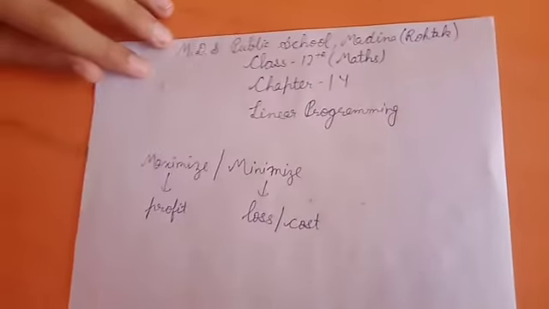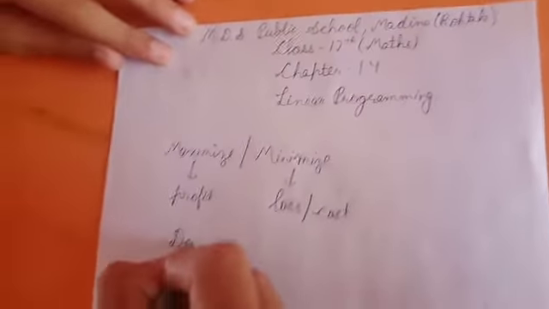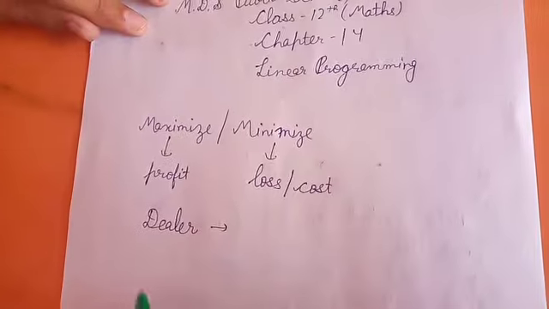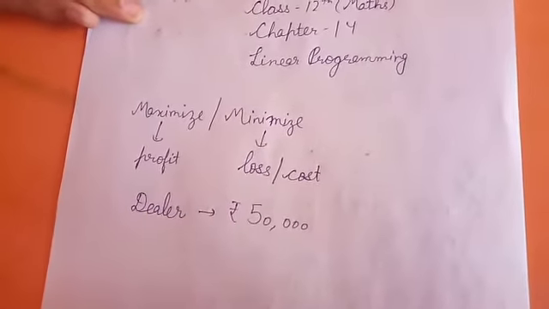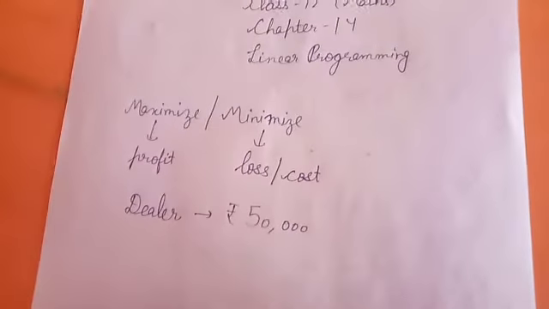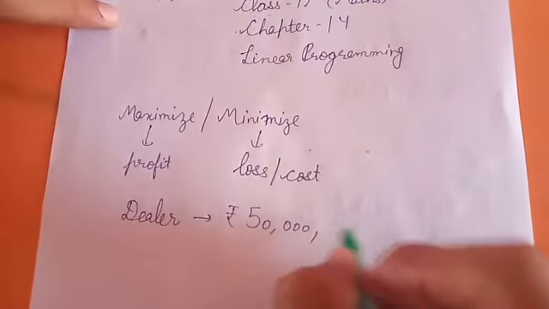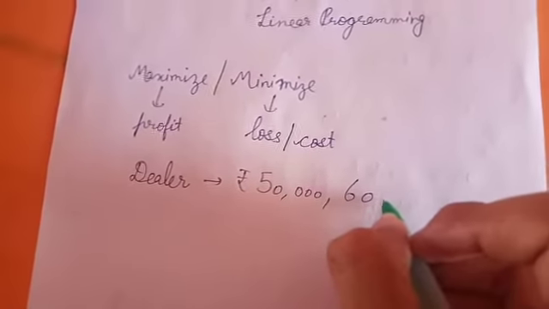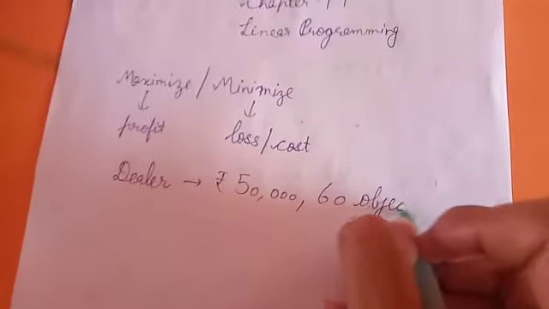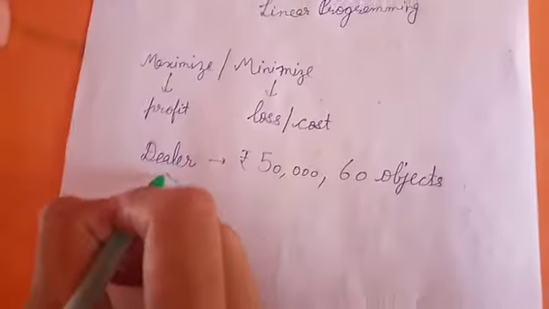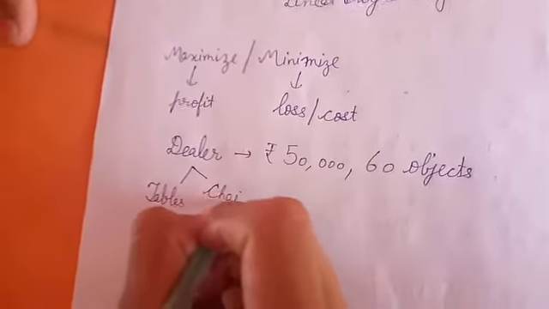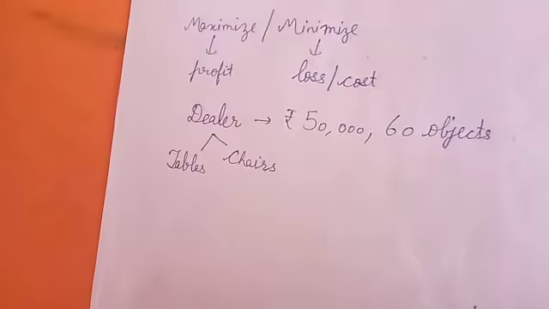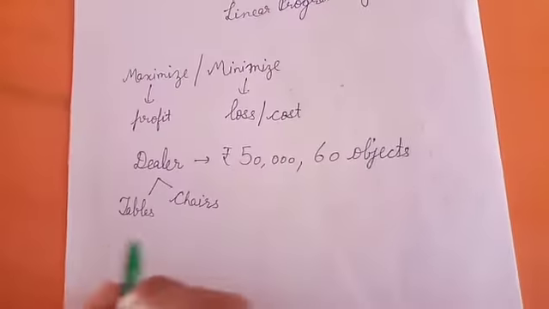Okay, means you can assume that there is a dealer. Okay, there is a dealer who has rupees 50,000. Okay, and he has a shop in which he can store 60 objects. Okay, he deals with two things, tables and chairs. Okay, in this way the question will be given to you,